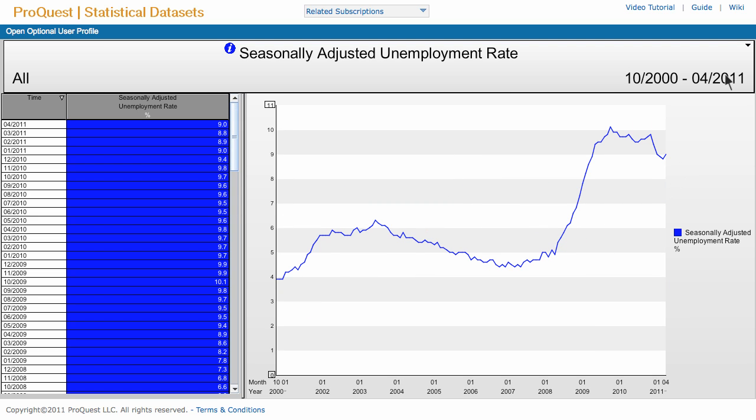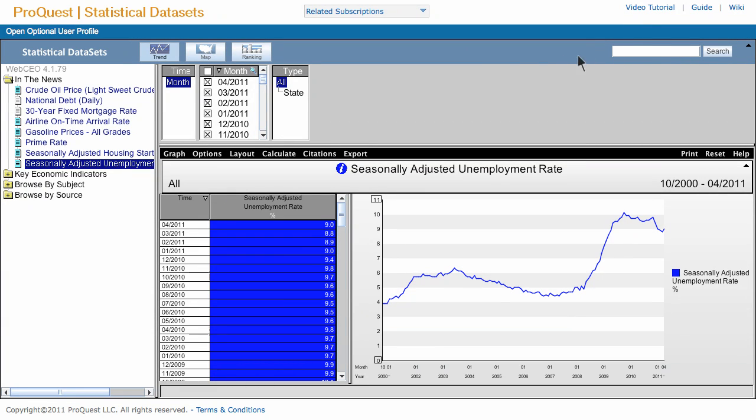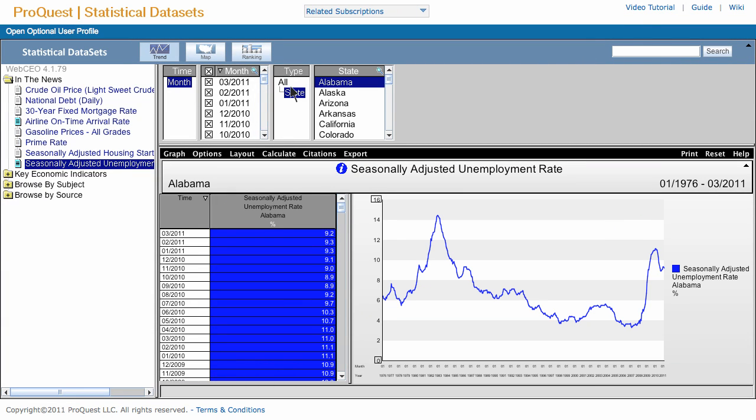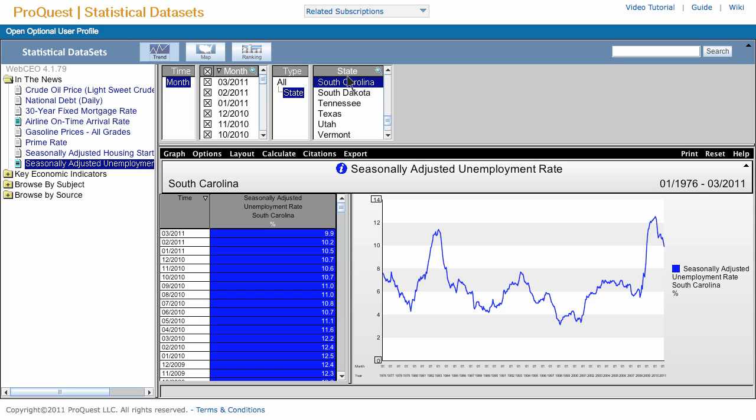Notice in the criteria panel, under Type, you can select State. At the top of the list of states, you'll see a little magnifying glass in the corner to help you quickly find a single state. We'll use South Carolina. So start typing South Carolina and the product finds it for you. Now click on South Carolina and you'll notice that your visual and tabular data in the results panel below have